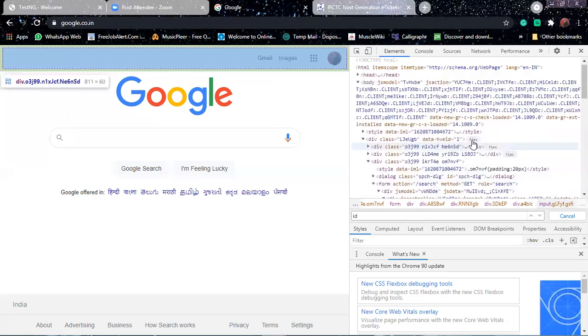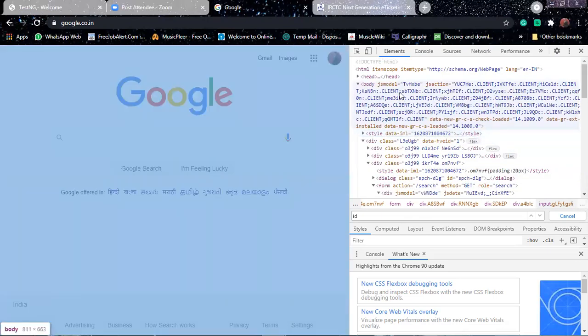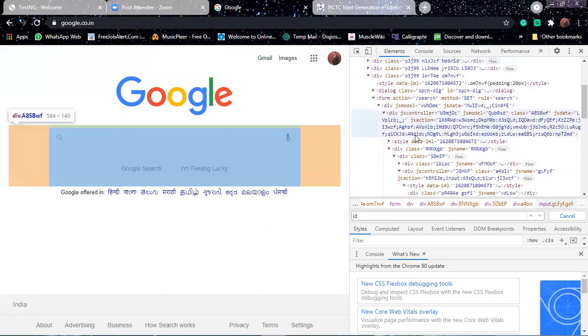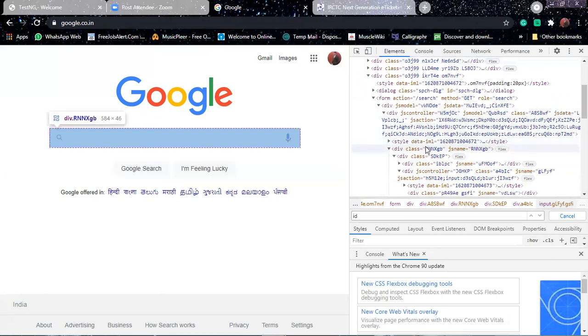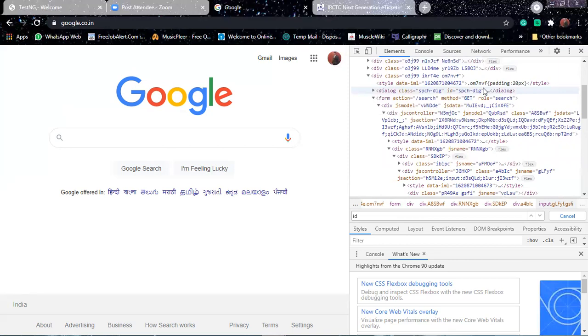Whatever you do, the first one is ID. If ID is available in that particular field, you can use it. I don't have ID in my Google application; all the IDs are not given. In that case, I will use the next option. The next option is name. I can use the reference name.